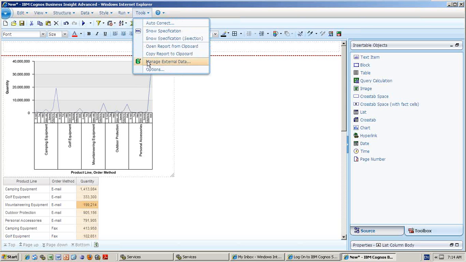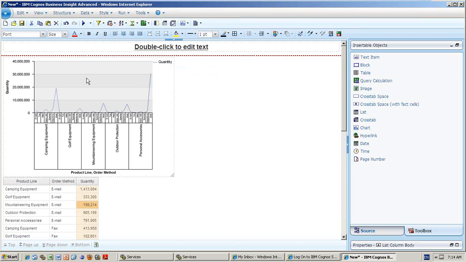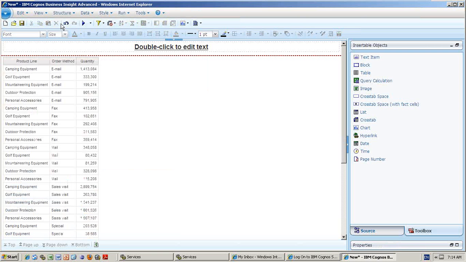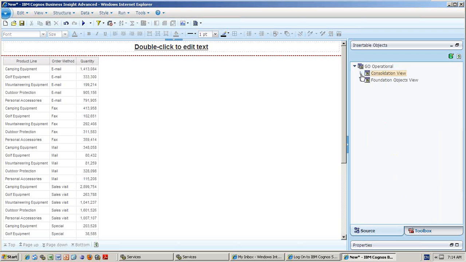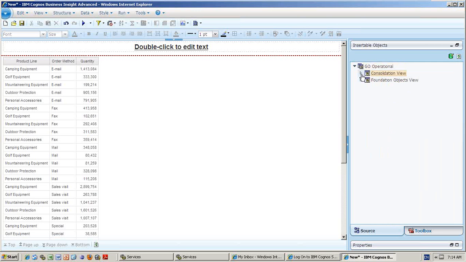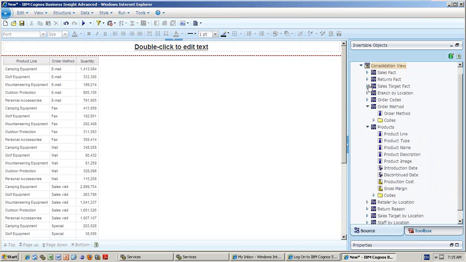So manage external data. Yeah, this is one of the important things actually. Very important thing. A new feature of Cognos 10. Once again, this is external data. Right here, I have camping equipment, golfing equipment. Fine. This is the Go operational view. Okay.